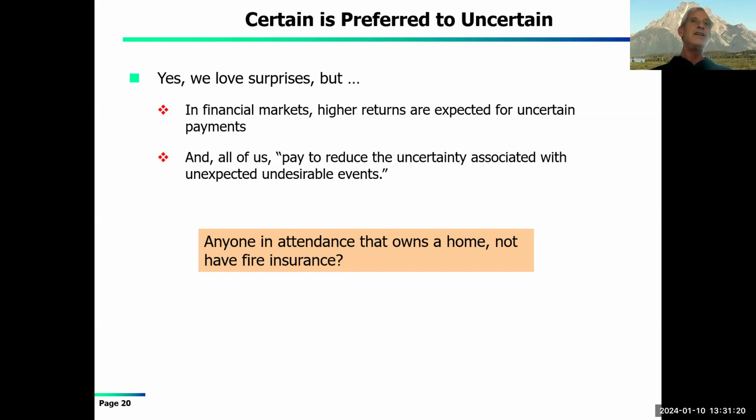Now, I'm 70 years old. My wife and I have been homeowners since 1982. And one could accumulate that premium over time. It's a very large number. We've never had a single fire, not once, nor do we want one. And we are continuing, and we will continue to pay fire insurance.